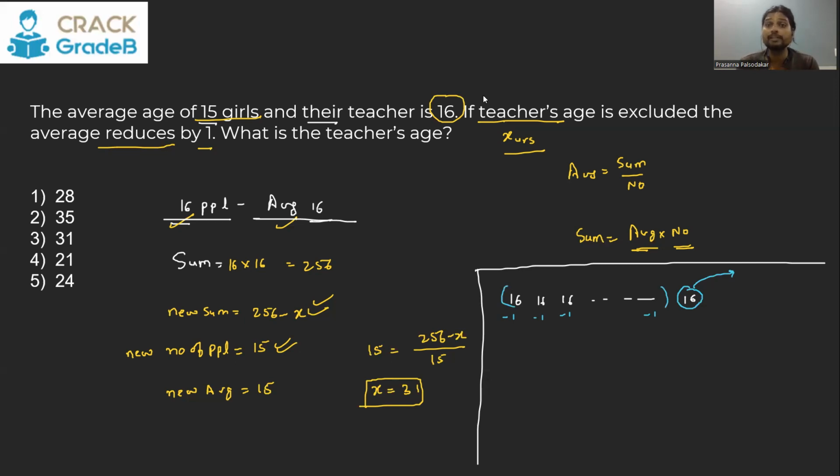Now, because the teacher is going, the remaining girls have to lose one chocolate each. So where is that one chocolate going? Of course, the teacher is going to take it with him, because if the teacher is leaving, he goes with his own age. So the teacher takes his own 16 plus 1 from every one of the remaining 15 girls. That means the teacher is going to take with him 16 plus 15, total 31 chocolates, and hence his age is 31. So this is what I am trying to tell here.